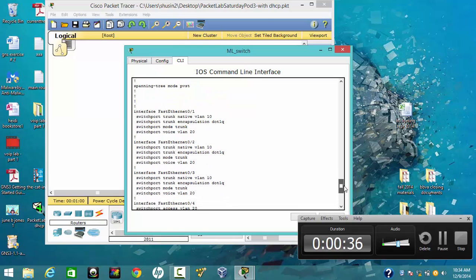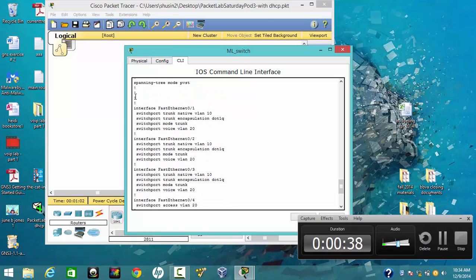We're gonna type interface fa0/1-3, and then you're gonna type switchport trunk native VLAN 10, switchport trunk encapsulation dot1q, switchport mode trunk, and then switchport voice VLAN 20. With this command,